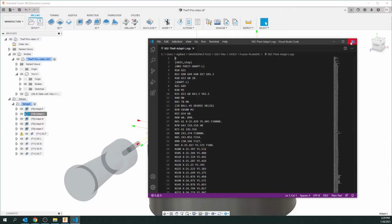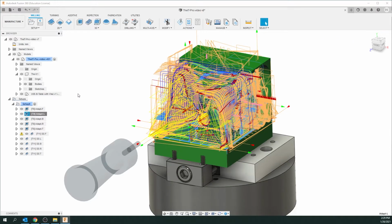You can see this is still doing stuff. I don't think it matters, but I would wait till it's finished processing, then click close. So you're going to want to repeat that with all of these. And then when you're done, first of all, you can open up this website again, Pocket NC